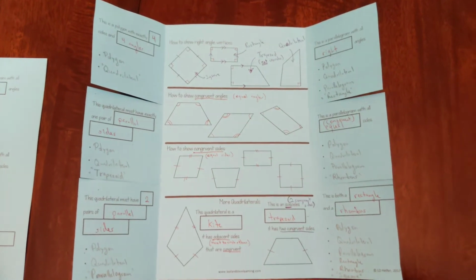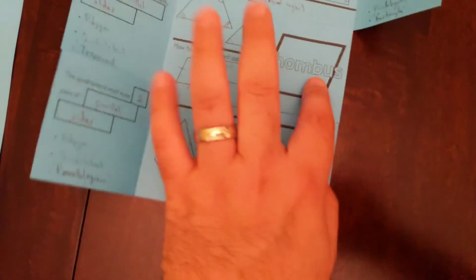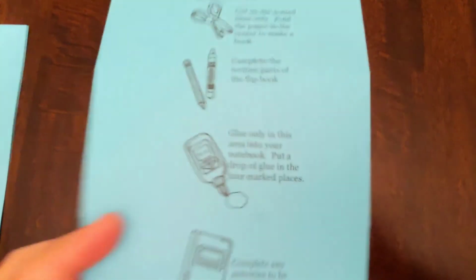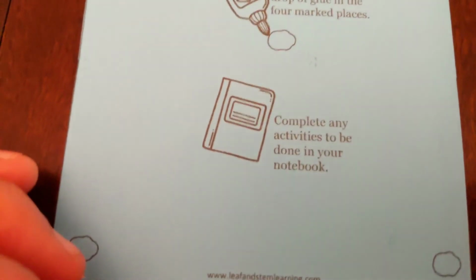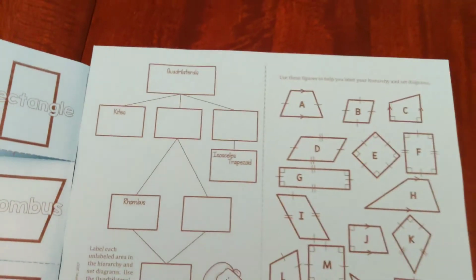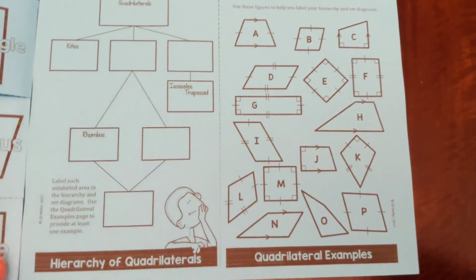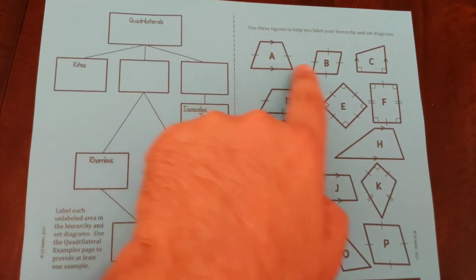Okay? So when you're finished, notice that my notes are now done. You should have every single piece filled out already, and then you can close the little flaps like I'm doing right now and turn it over, and it tells you that now you can glue it onto your notebook. Okay? And then these notes right here you are going to use to do your practice problems, which is these right here. There should be a sheet like this in your station. Grab one, put your name on it,